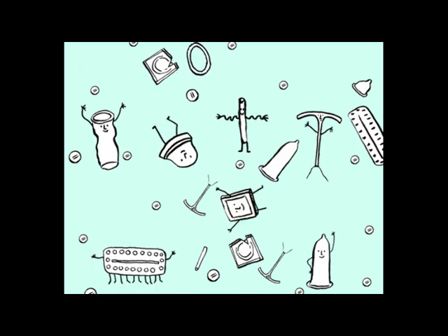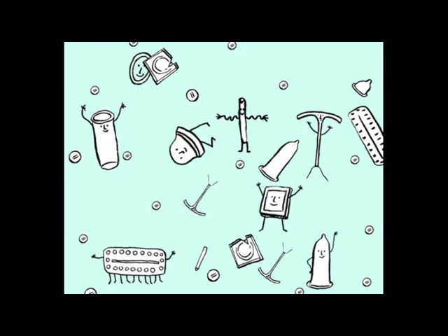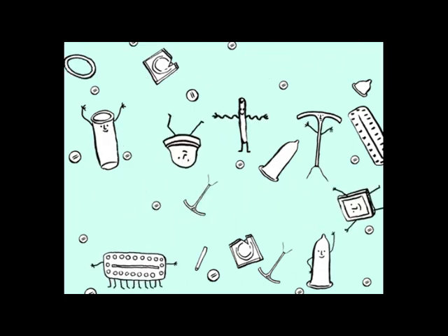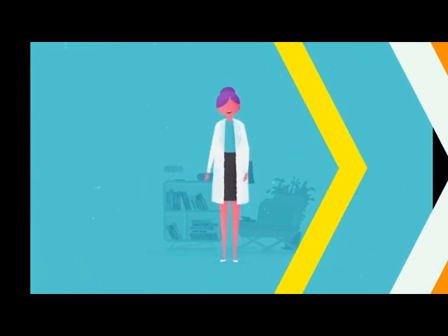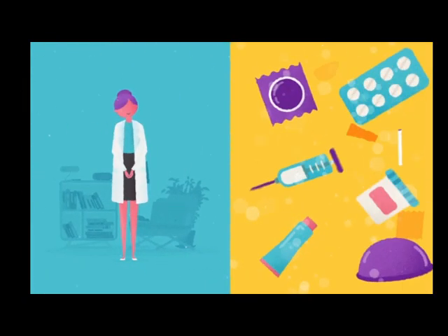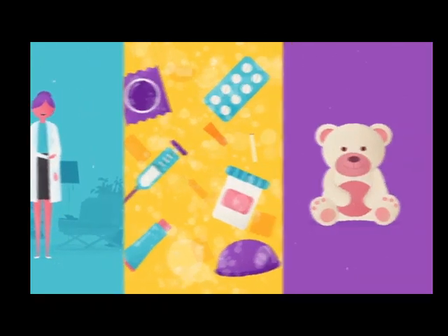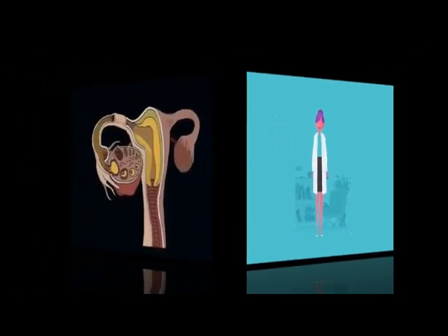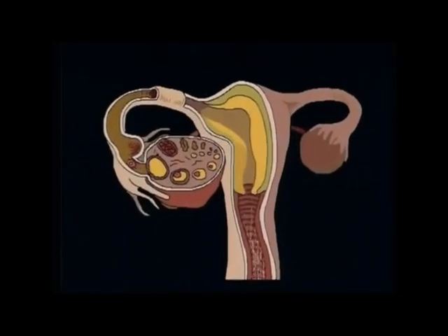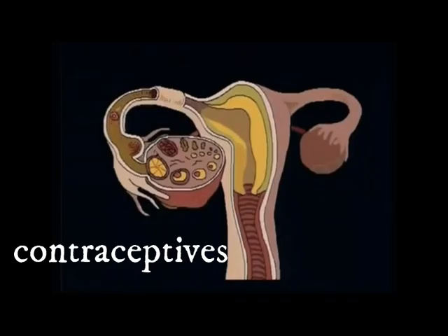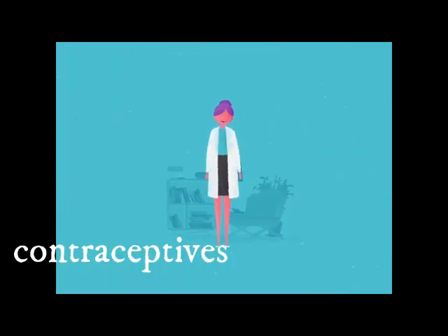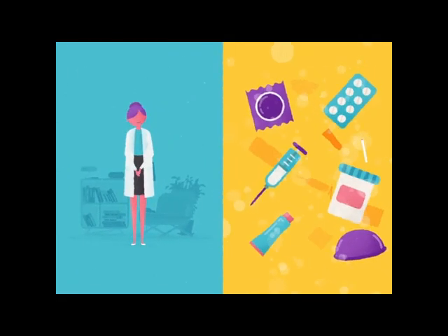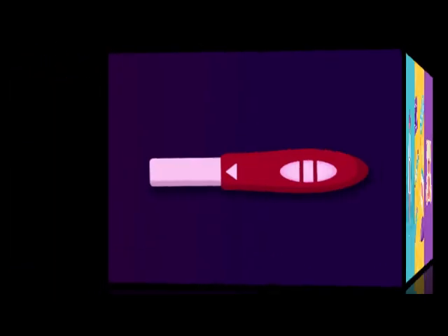The preventive methods are devices which are developed for birth control. The methods or devices of birth control deliberately prevent fertilization. What do you mean by fertilization? Fusion of male and female gametes. So the methods which prevent this fertilization are used as contraceptives. Contraceptive methods help women to avoid unwanted pregnancies too.